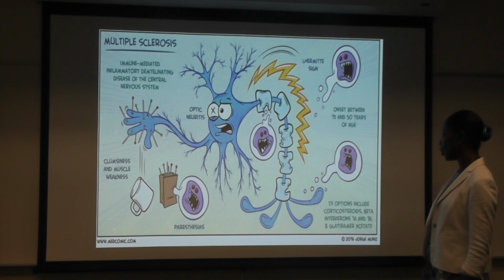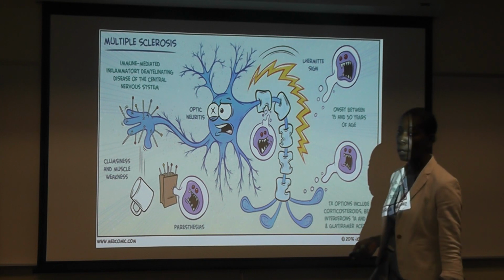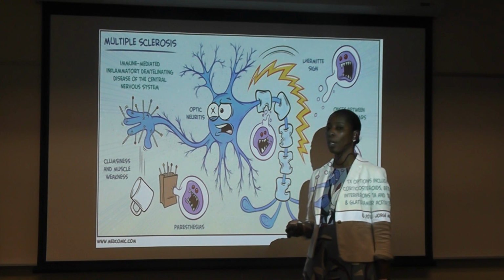Onset is 15 to 50 years old. How do you treat it? It's autoimmune. It's the immune system attacking itself, so you're going to use